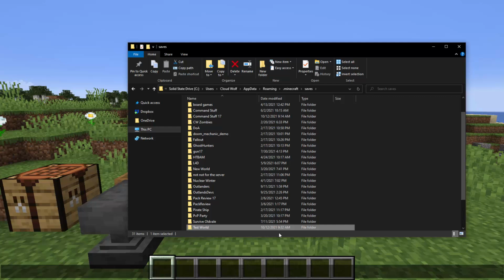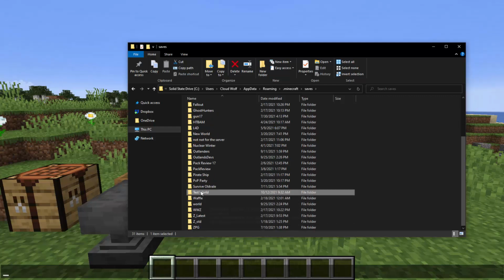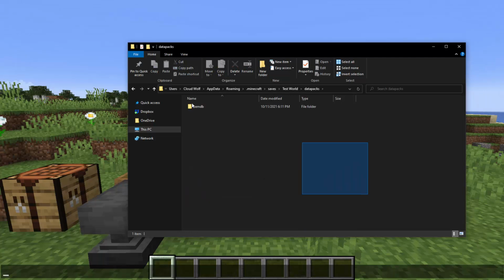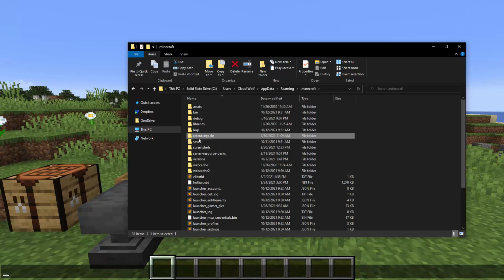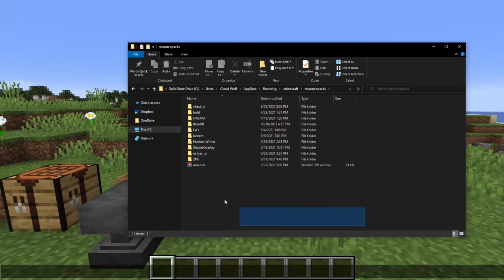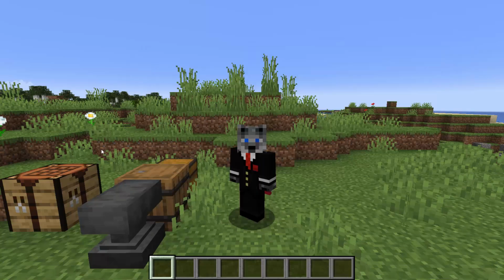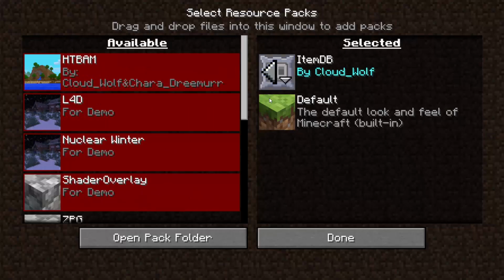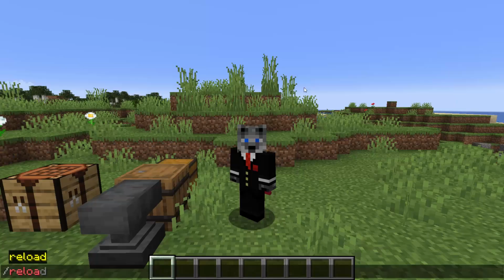So before you jump into it, you have to install the thing. You have to go to your .minecraft saves, go to your save name, go to datapacks, and drag the zip into here. Leave it as a zip. I have it as a folder, but leave it as a zip. You don't need to mess with the datapack files. And then also go to your resource packs and drag it in here. Leave it as a zip again. And then you're good to go, as long as you come into the world, go to resource packs, equip this guy, and type /reload,